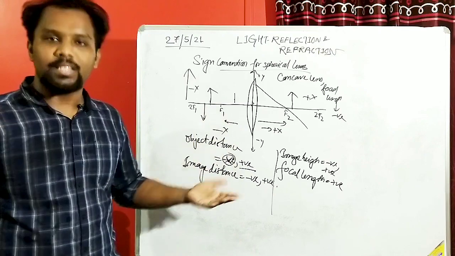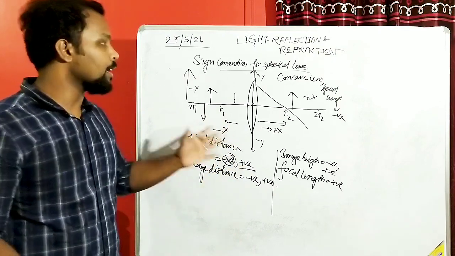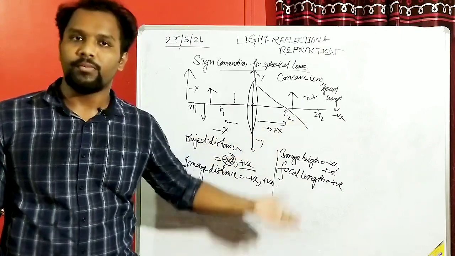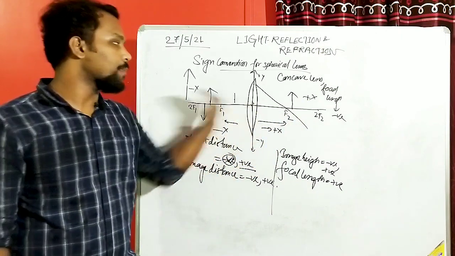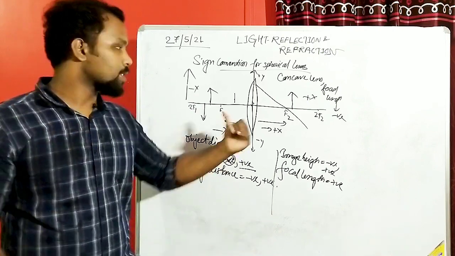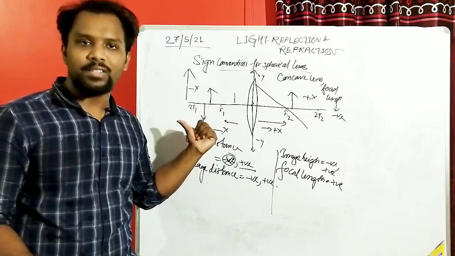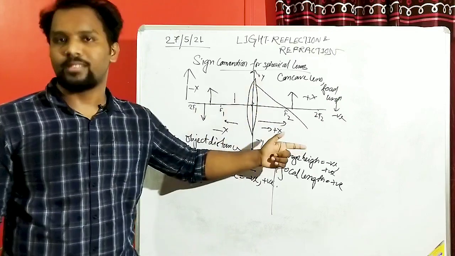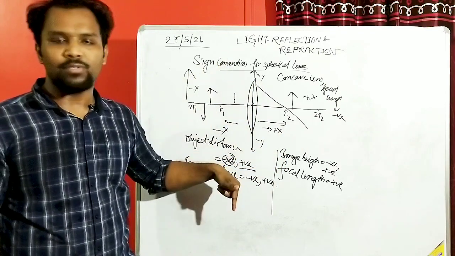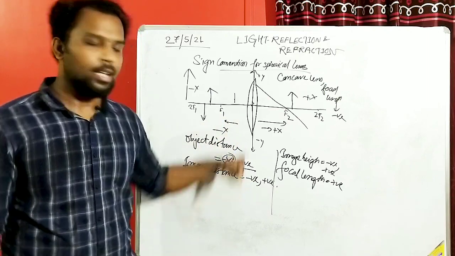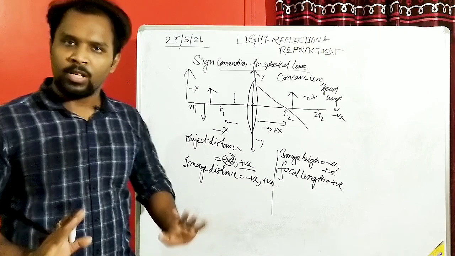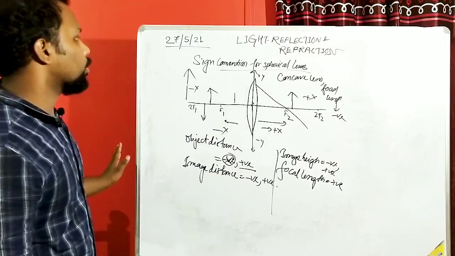Whenever you have to discuss the distance of something, if the distance is measured in the right side direction of the lens, it is always going to be positive. If you measure the distance in the left side direction of the lens, it is going to be negative. Simple fact, because the left side is the negative x-axis direction and the right side is the positive x-axis direction. The same happens in the upside and downside directions: upside is the positive y-axis direction and downside is the negative y-axis direction, so we get a negative value. Simple fact. Nothing to worry about.